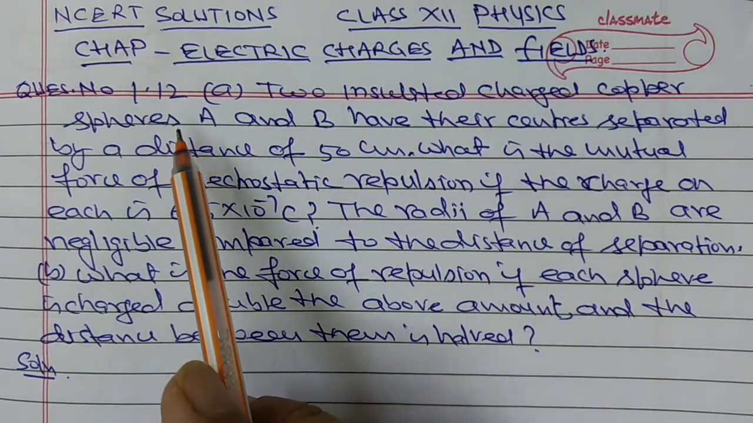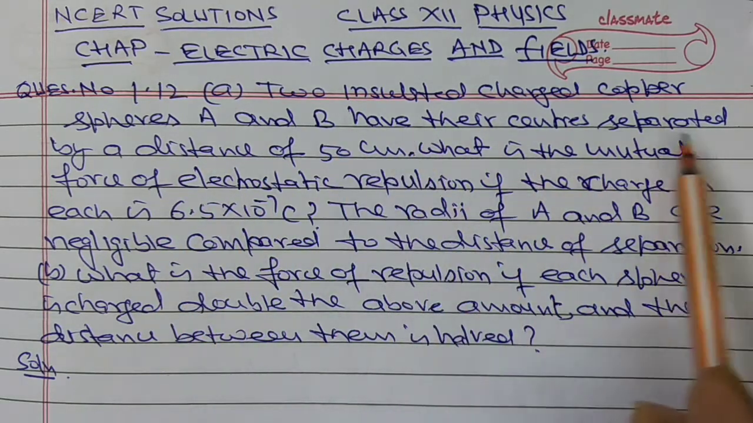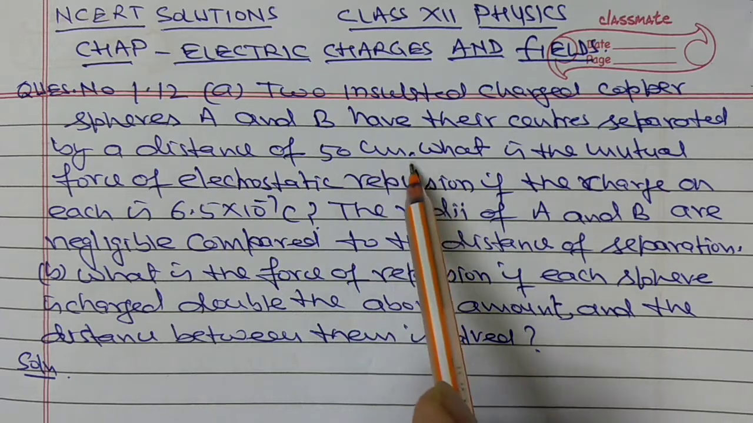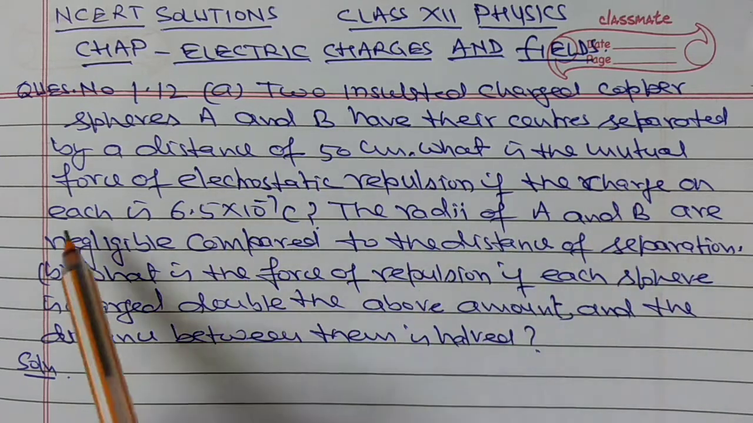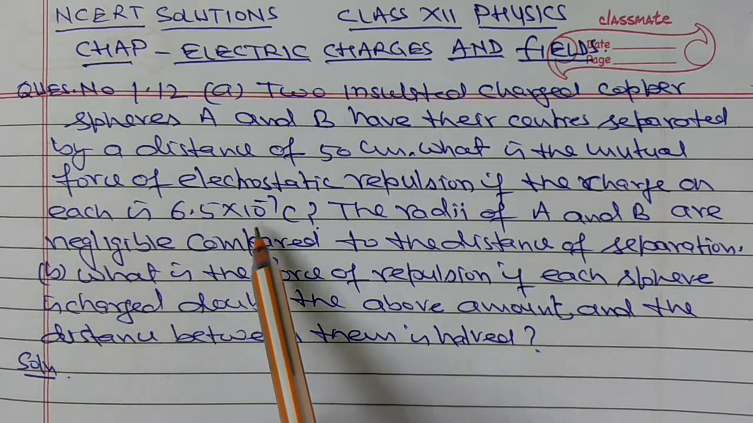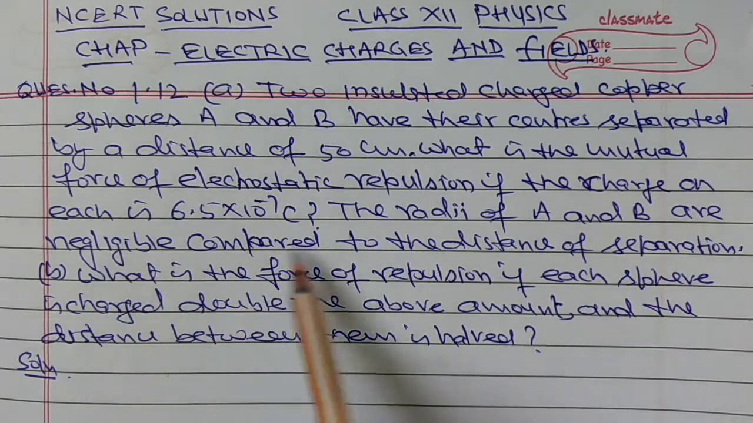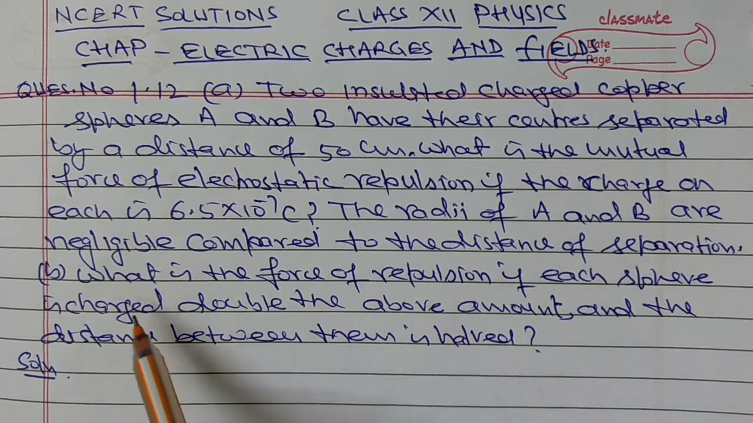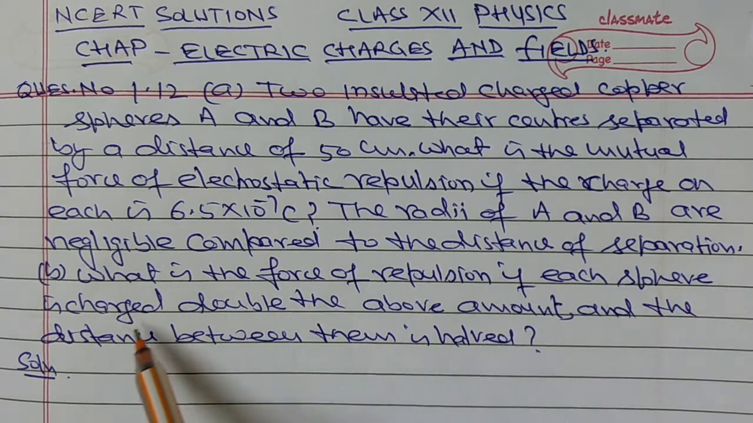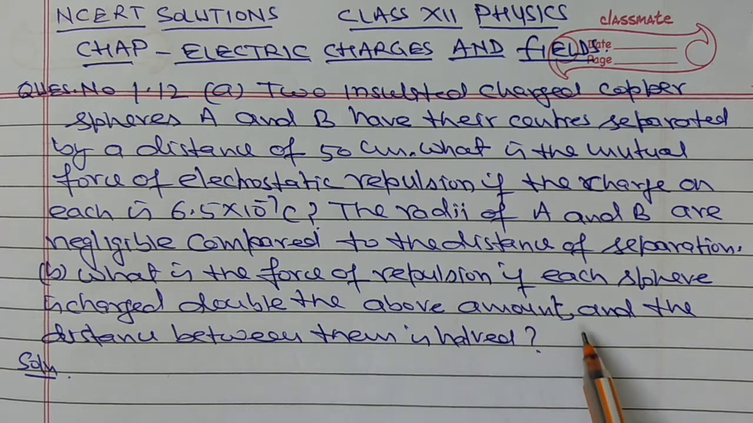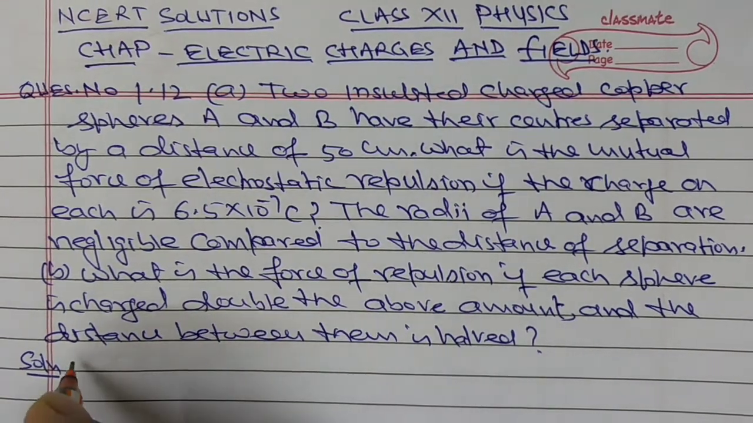Question number 12. Two insulated charged copper spheres A and B have their centers separated by a distance of 50 cm. What is the mutual force of electrostatic repulsion if the charge on each is 6.5 × 10⁻⁷ coulomb? The radii of A and B are negligible compared to the distance of separation. B part. What is the force of repulsion if each sphere is charged double the above amount and the distance between them is half? In this question given that